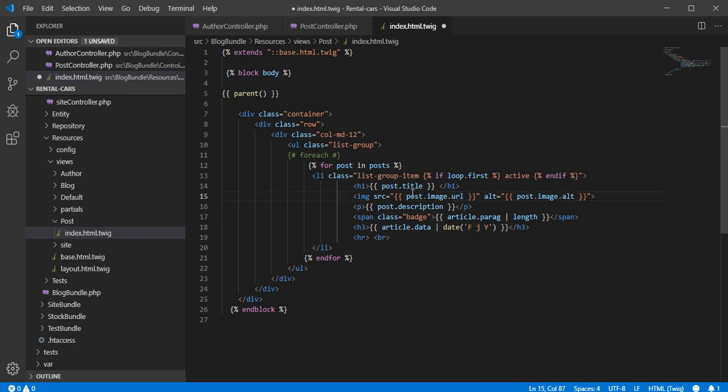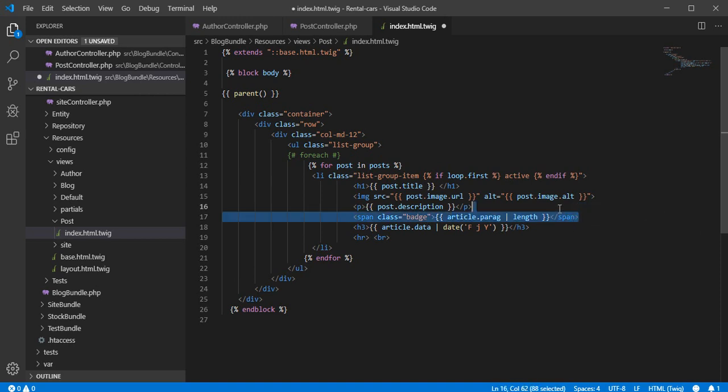So now from post dot image, that means I go to the image table, and since I'm in the image table I can write URL and alt, and here is a post description. And let's do the same for the